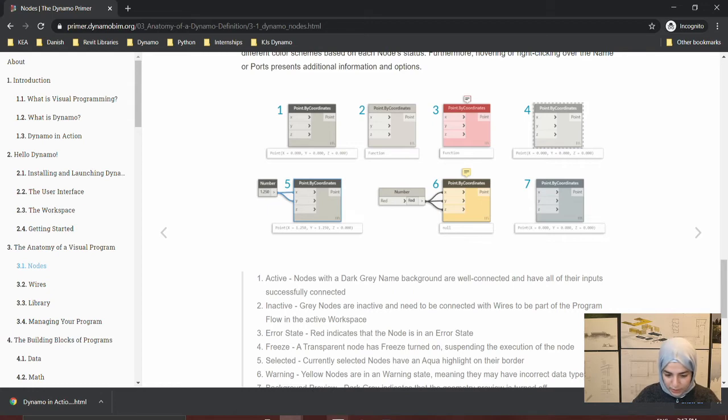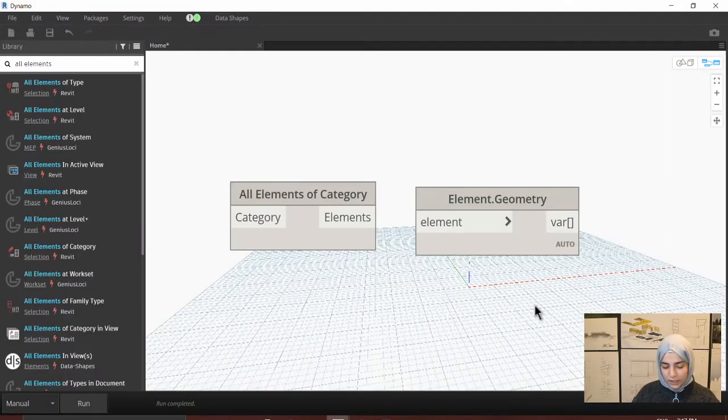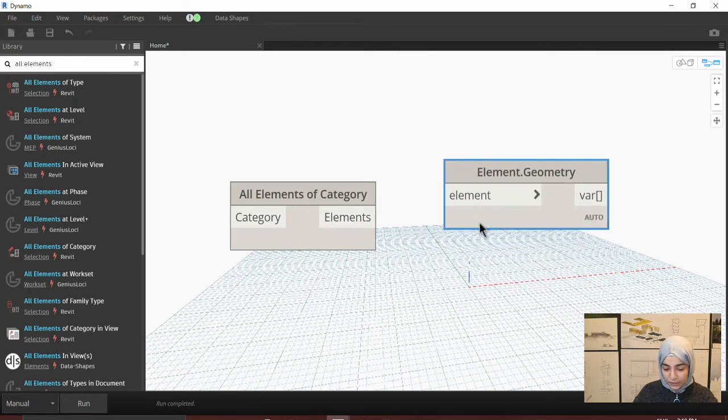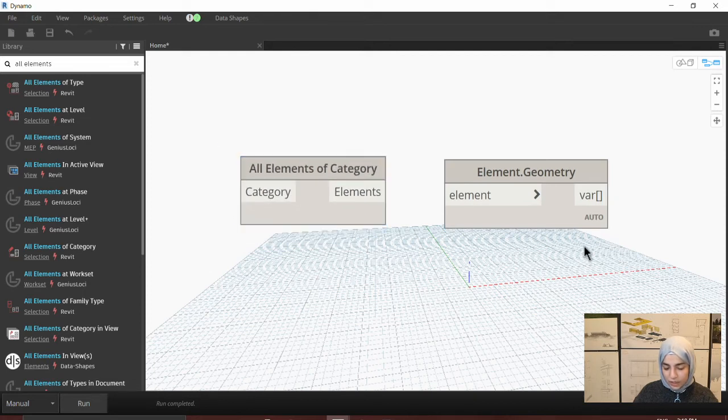So if I go to Dynamo, try to notice how the visuals are changing and how these 2 nodes look right now. I have 2 nodes, and both of my nodes are inactive, meaning that they are both in light gray. And this is because there is nothing connected to them. There is nothing associated with the inputs and outputs. So they are inactive. Even if I run my script,